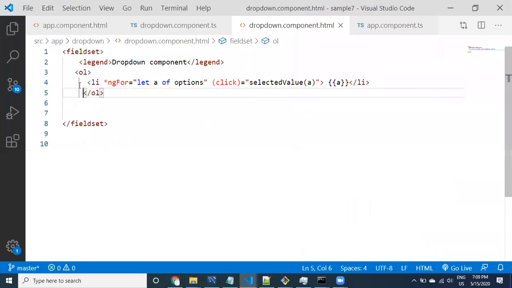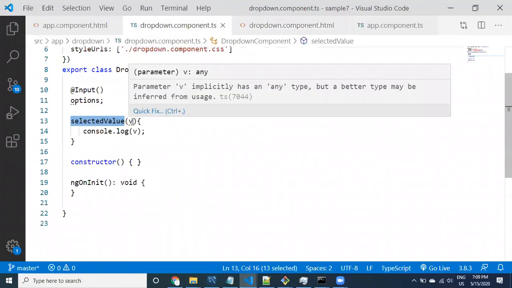To display that value in the drop down component, here itself what I can do: whatever value you are sending to the selected value method, you can go to the drop down component and we are receiving the value.